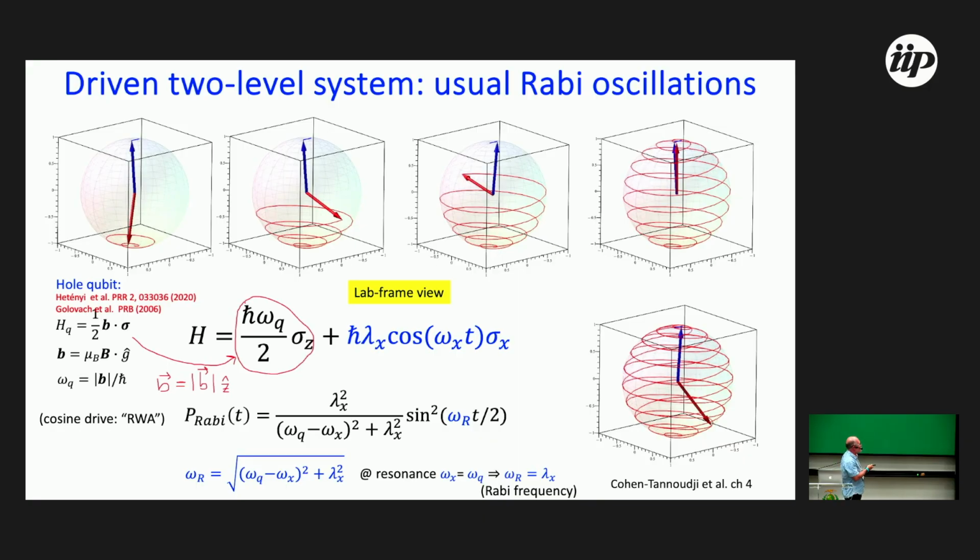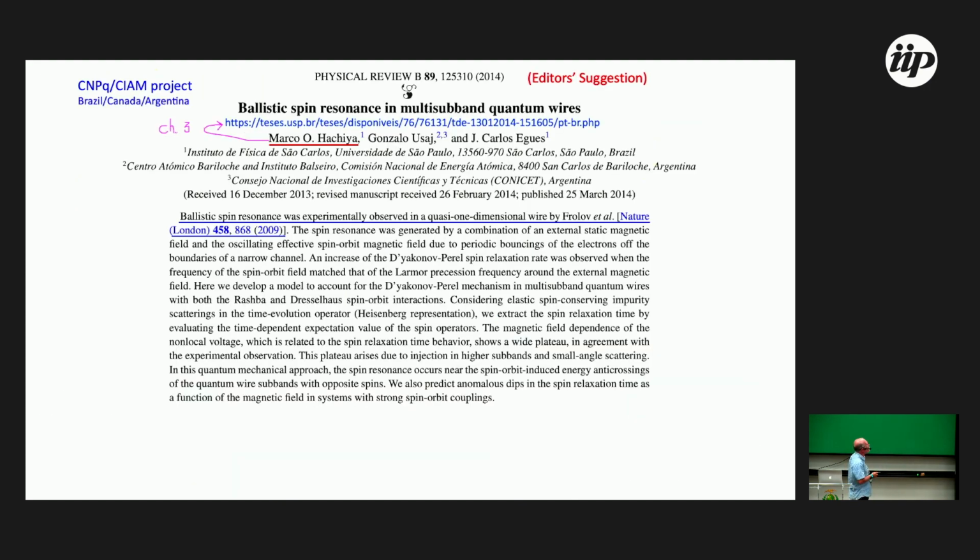But basically, that's the so-called Rabi oscillation. It will be a true Rabi oscillation when you're at resonance, because then omega R will basically be lambda x, which is the amplitude of the driving. That's something that happens in many other contexts. So I wanted to show this here as well,